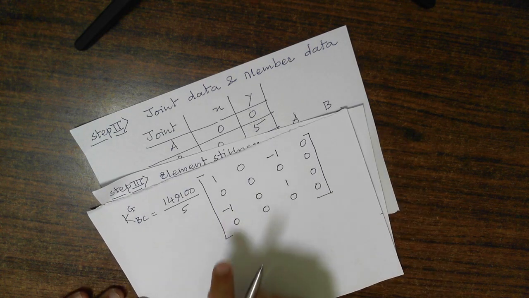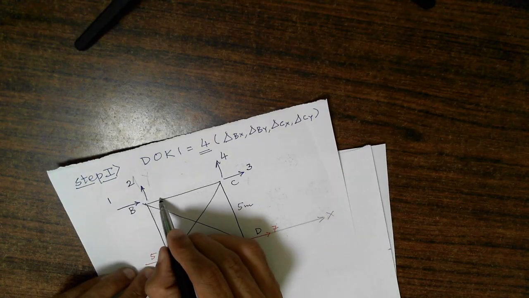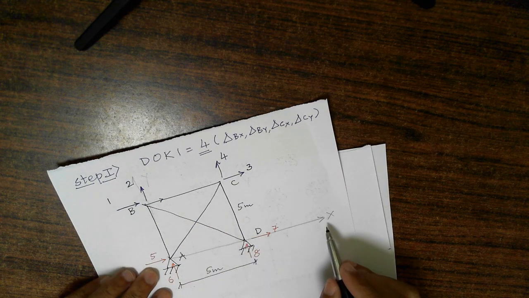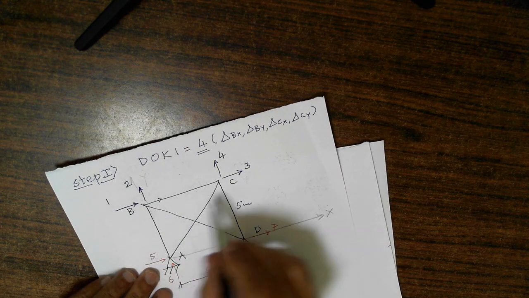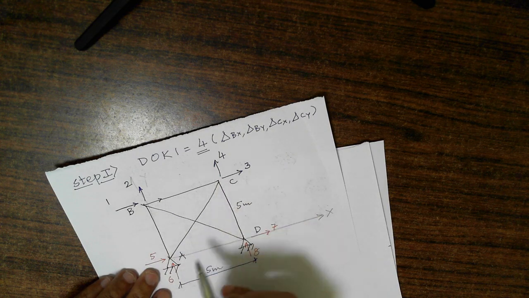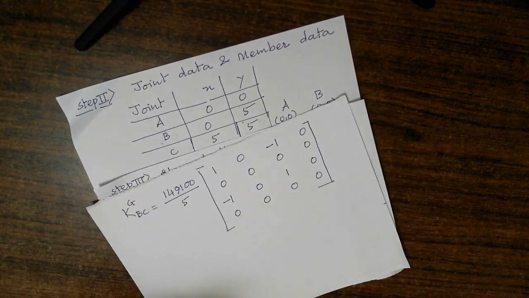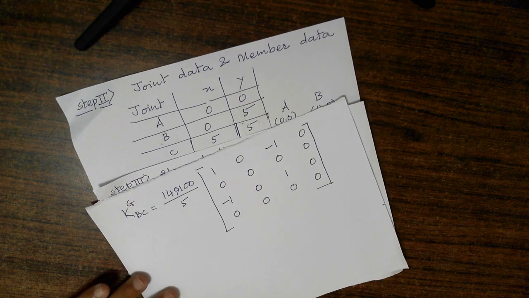So this matrix looks like a local element stiffness matrix. For member BC, we have seen that the local axis is equal to the global axis. There is no difference between global axis and local axis. For member BC, the local element stiffness matrix is nothing but the global stiffness matrix. Still we have written it with respect to C square, CS, but one can judge it very quickly.